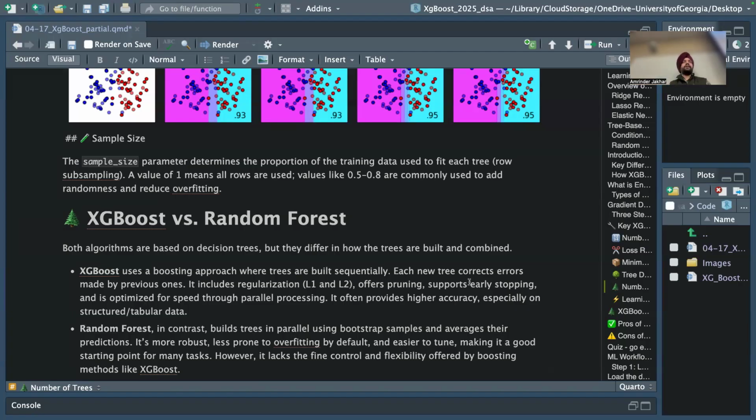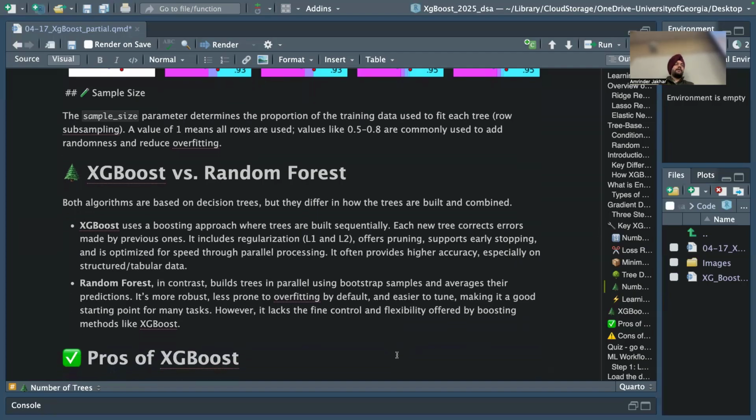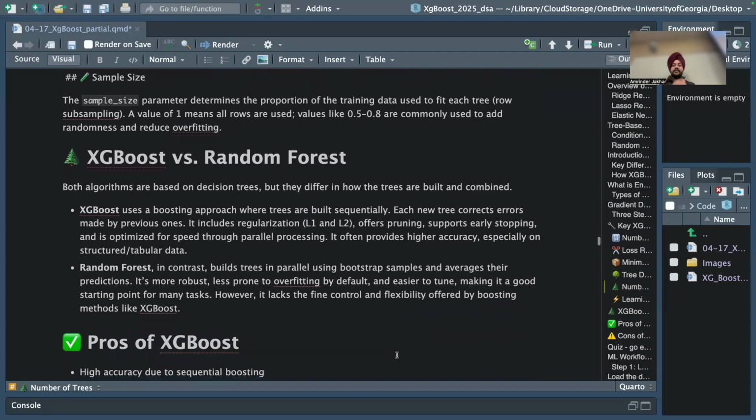So from this, you can choose what could be your training set of data and the number of rows. It ranges from 0 to 1. If it's 1, then you are giving all the rows to your model. But if you're giving 0.5, 50% of the rows will be shown to the model. Now that we have discussed XGBoost and random forest,